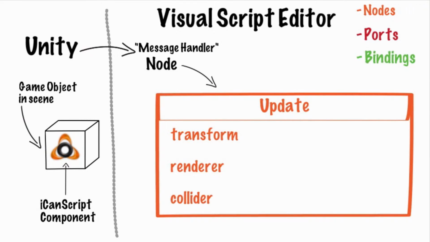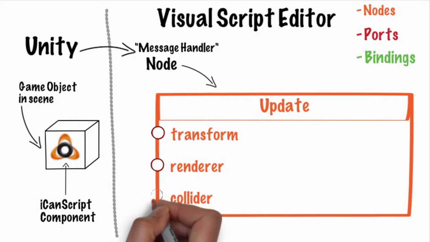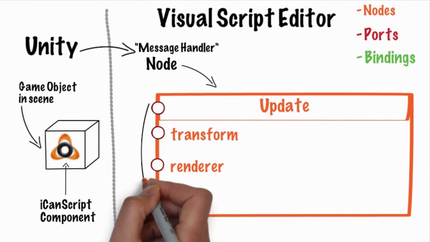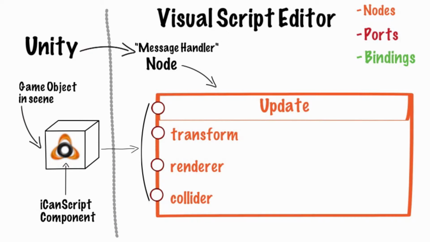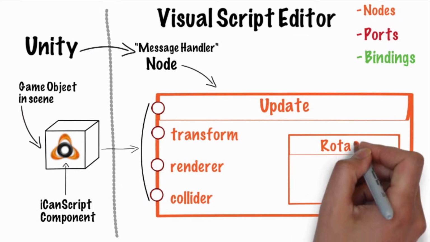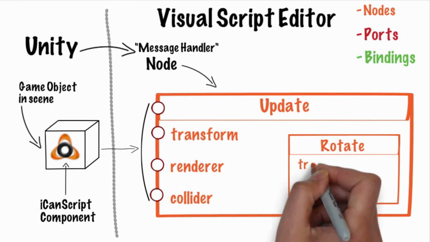Ports are public interfaces to nodes. There is one for each component in our cube node, so we can access these components. Let's say we wanted to rotate the cube. Rotate is an operation of the transform. Nodes can contain other nodes within them. So here's a separate node within update so that we can gain access to the rotate operation at every frame